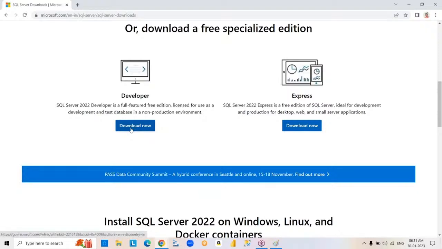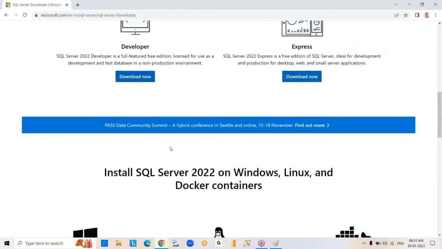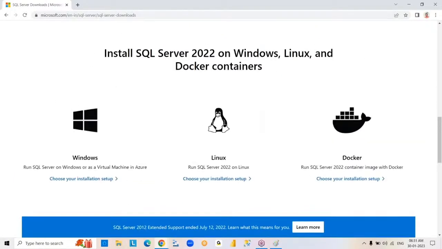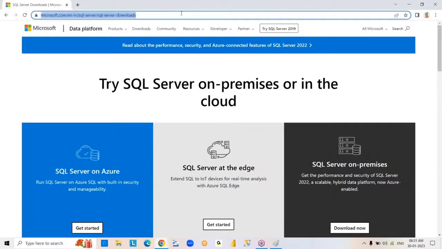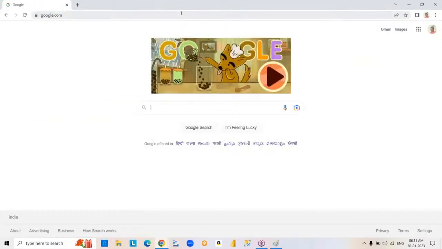If you click on this download button, download under Developer, but not Express. See that here it is showing Developer edition, Express edition. Even this Developer edition is also trial version for us, practice purpose only. So you can download it and install. Now, an installation video I will share. Next, after completion of the SQL Server installation,